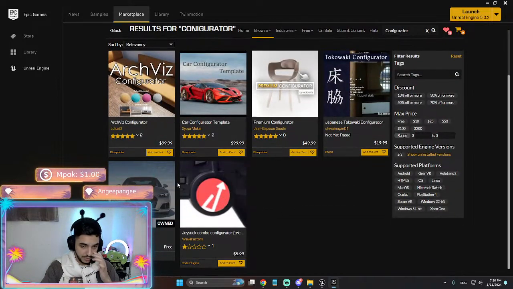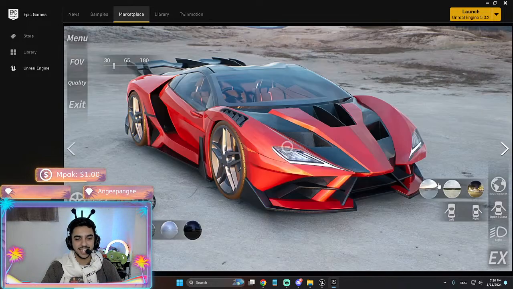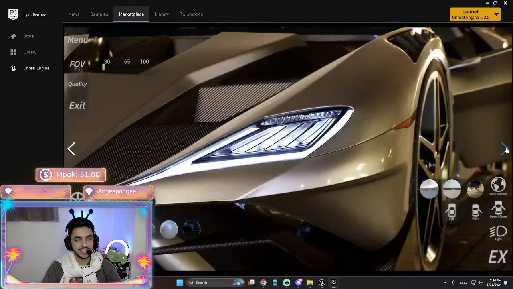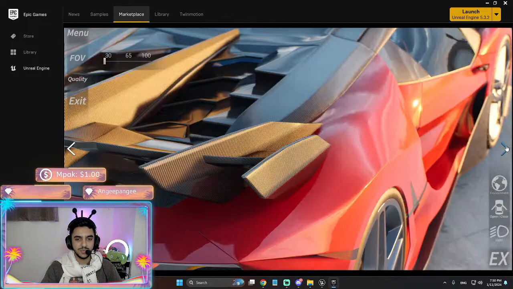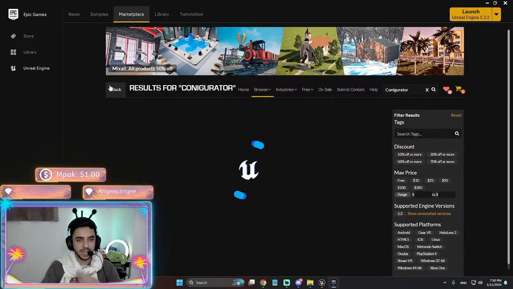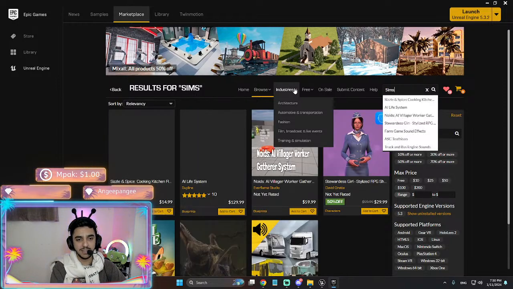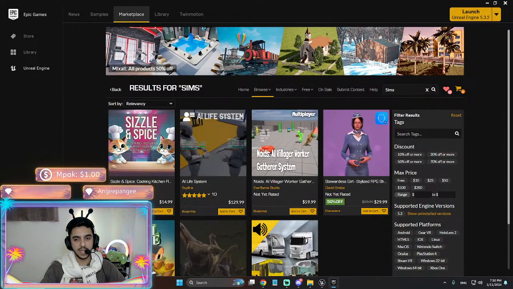This one we already have. Joystick combo configurator. How about this one? Okay, actually, you know what? I think what I have is mostly Sims like thing. Maybe I search for that.